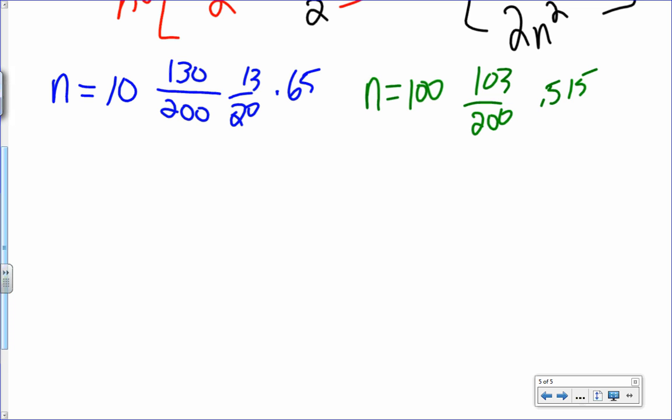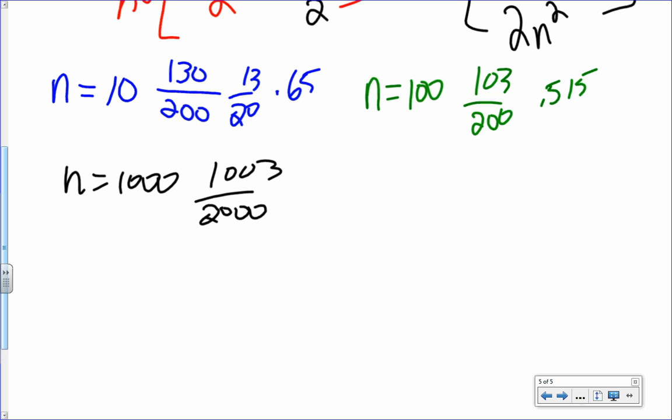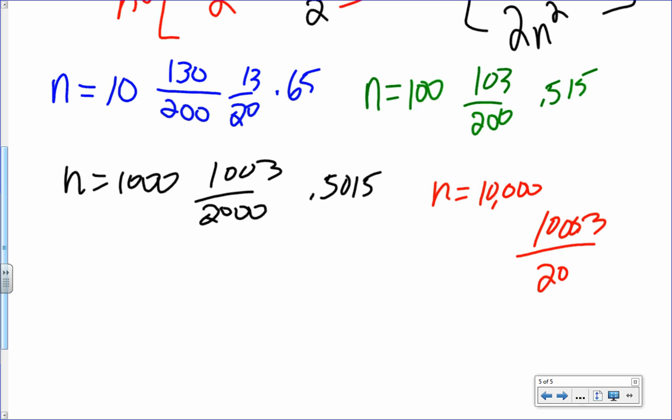All right. So now n being 1,000, I'll just give you again its simplified form. 1,003 over 2,000. You're probably seeing some kind of pattern here. 0.5015. And n being 10,000, you end up with 10,003 over 20,000, which is